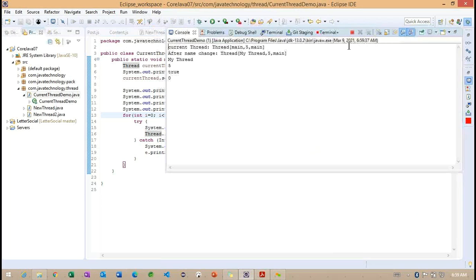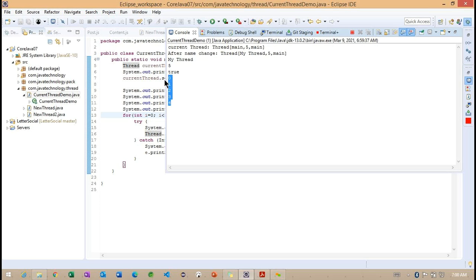Observe in the console: 0 and 1 are printed, and you can observe the second is also printed. Now you can observe the third is also printed, and you can see the fourth.